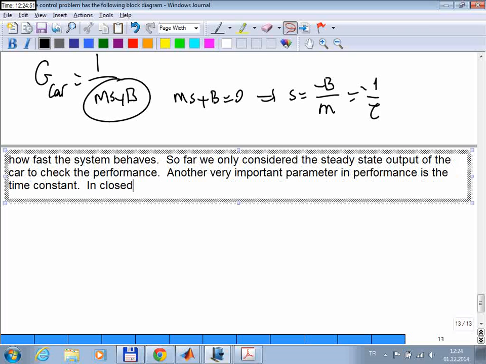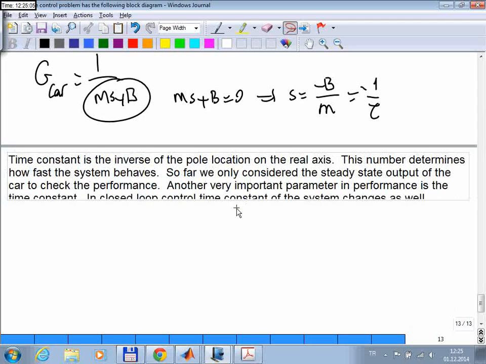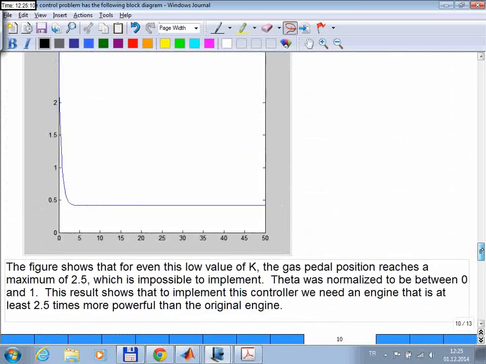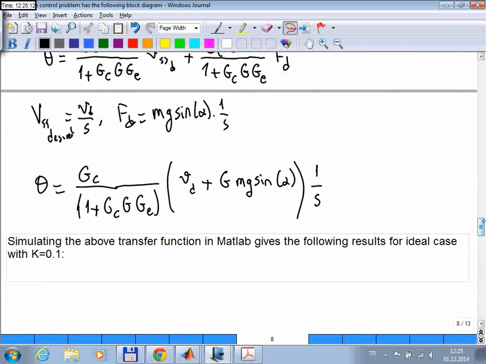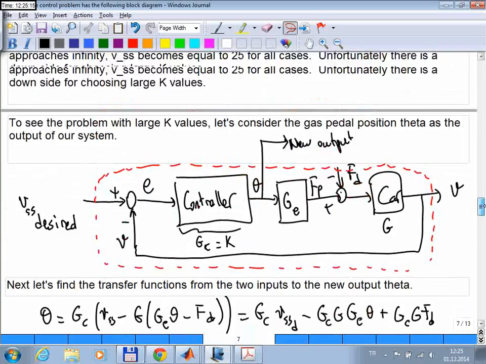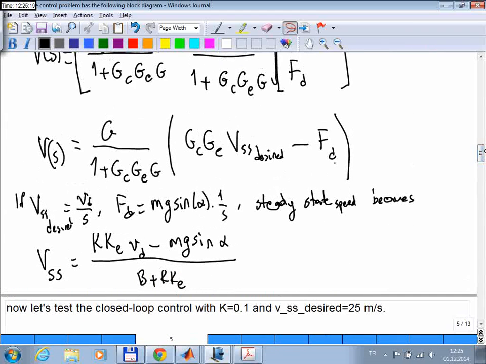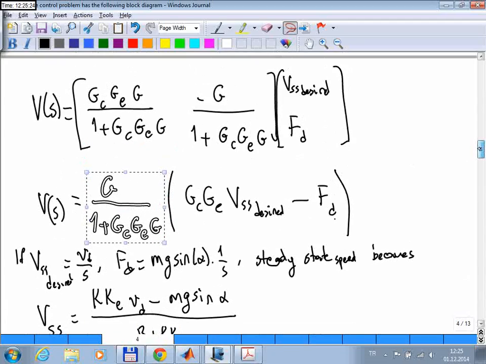And in closed loop control, the time constant of the system changes as well. So where do we see that? It is actually the pole of the transfer function of the system, right? So the time constant comes from there. In other words,